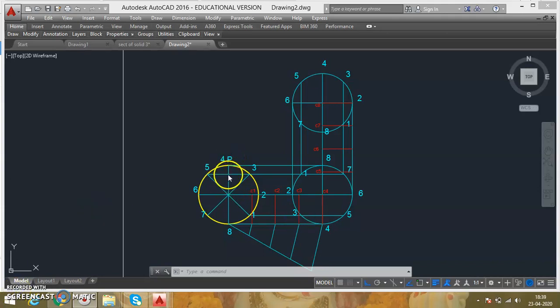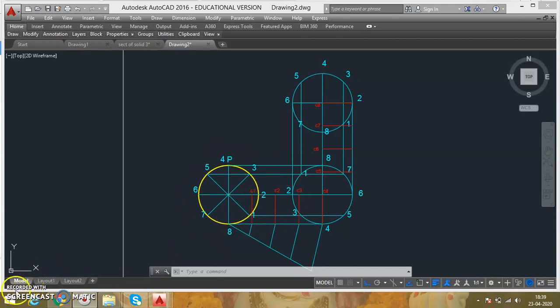Now I'll take the center to P distance, that is the radius of the circle, into the compass, put it at C1, and I know that when this starts rotating, this 1 will come here, so automatically 3 will come on this line, and 2 will go on this line. 1 will go here, 8 will go here, 7 will go here, 6 will go. Stage wise it will go. So according to that we can mark the arcs.